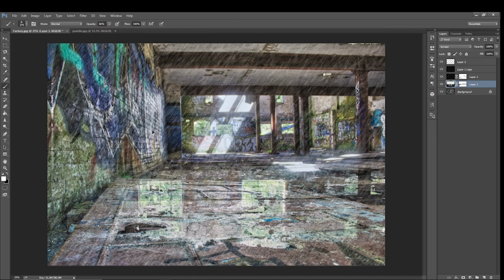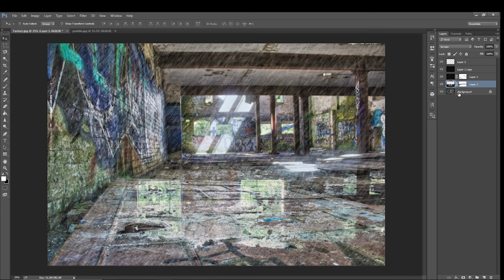Don't do that, so we go Control Z to undo. Make sure we have our mask selected when we do that, always have that selected. And then we can see that looks pretty good as is, so I'll undo that. Coming back to here, I'm getting a little bit like I need it to be perfect, so I'd like that to be in pretty good line with the post there. Come back to our mask, come back to our brush,